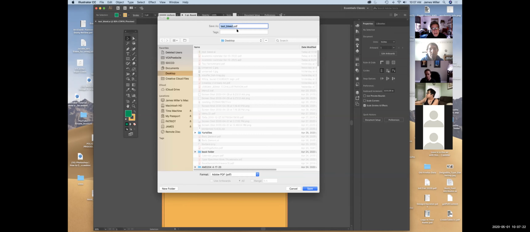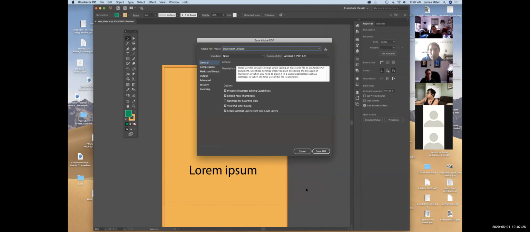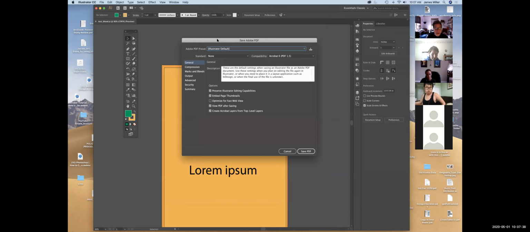But what you have to pay attention to is the next screen after you hit save, because that takes you to the PDF dialog box. And that's where you can set the crop marks and the recognition for the bleed. So once I get to the save Adobe PDF dialog box, first of all, there's this menu on the top,